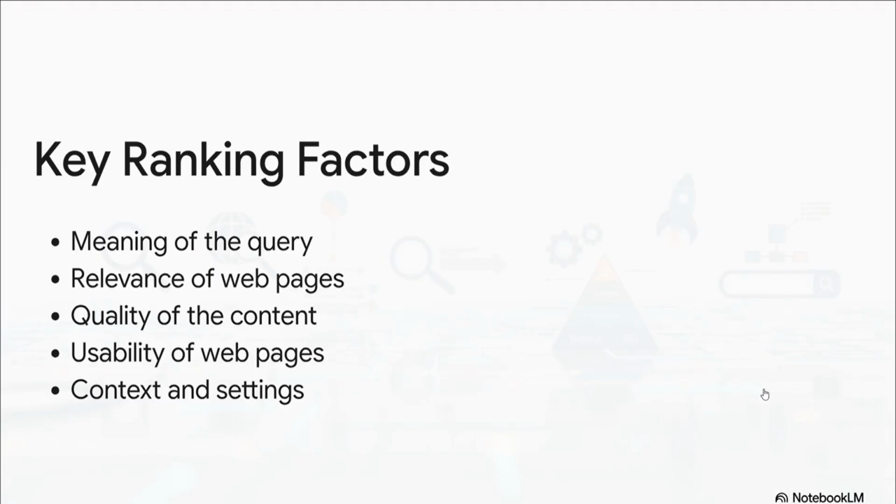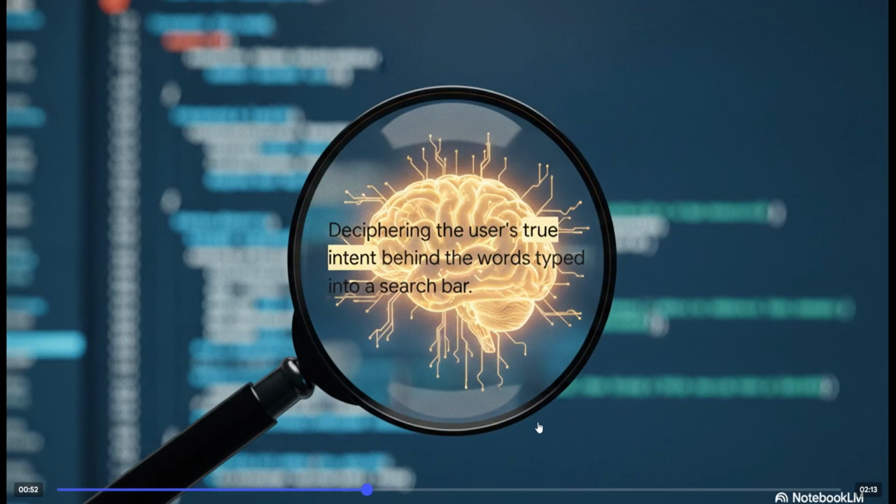But how does it actually rank them? Well, the algorithm evaluates these 5 key factors. Factor 1, query meaning. Complex language models are used to